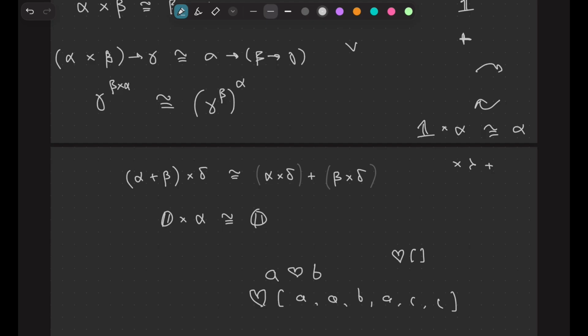So what is the empty sum? It's 0 because 0 is the identity element of the addition. And what is the empty product? It's 1 because 1 is the identity element of multiplication.